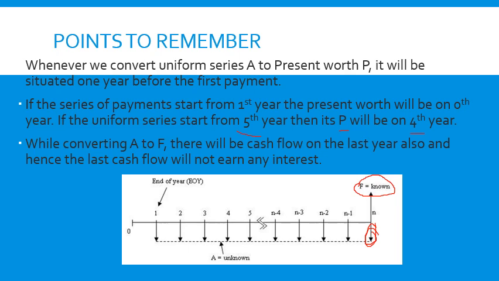If F is extended like this, if you want to calculate F here, you cannot use that relationship. How to use this relationship and still solve the problem, we will discuss when we take up problems. But for the time being, let me tell you, whenever the relationship exists between F and A, this is how the cash flow diagram appears.